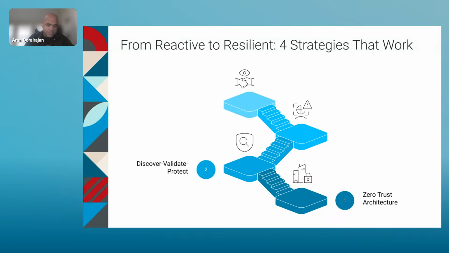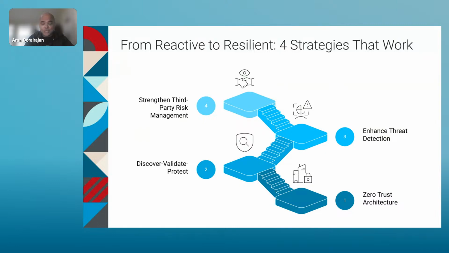Discover, validate, and protect. You can't secure what you can't see. This is about finding unmanaged assets, locking them down with policies and governance. Enhanced threat detection, not just about logging, it's about seeing early warning signs and responding before the damage is done. And finally, strengthening your third party risk management. Because remember, breaches don't always happen inside your walls. They're often started with partners, vendors, or unsecured file exchanges.